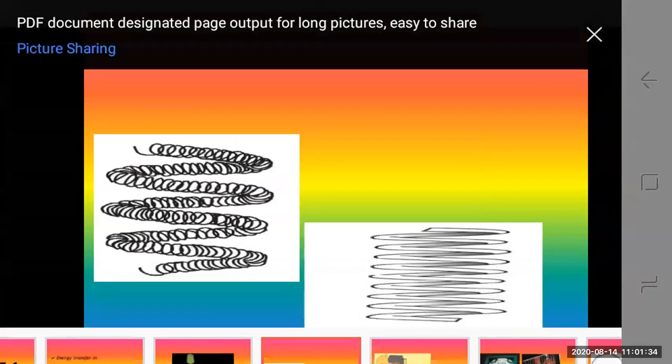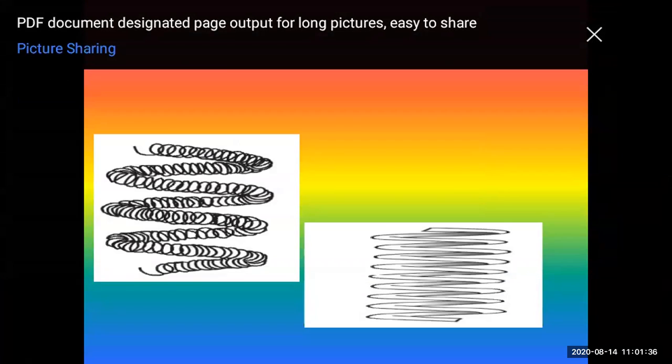Okay. So in the case of a circular coil, the magnetic field is proportional to the number of turns of the coil. You can see the number of turns in the coil. Okay, if there are n turns in the loop, the magnetic field produced will be n times that produced by a single loop. So that way it keeps on changing. The magnetic field is directly proportional to the number of turns of the coil.